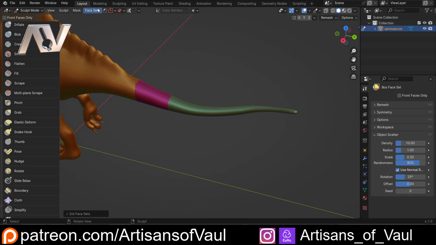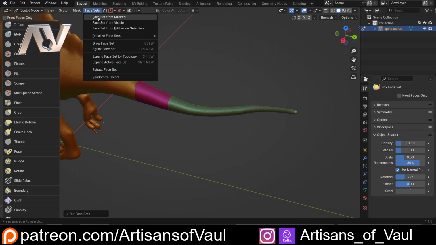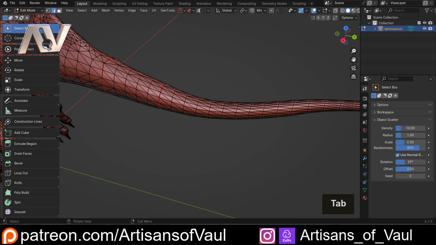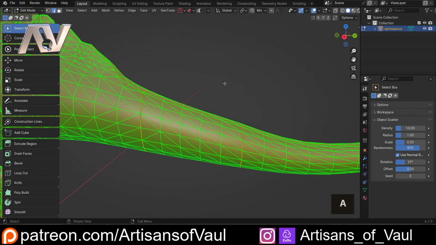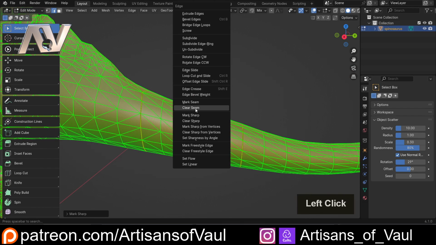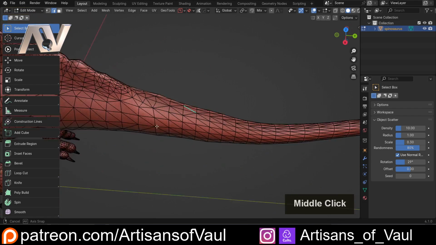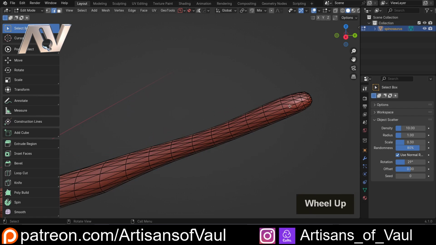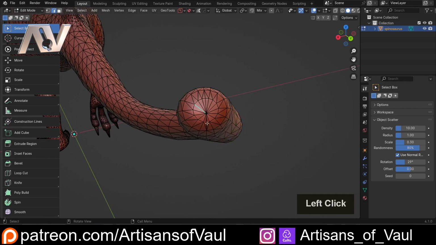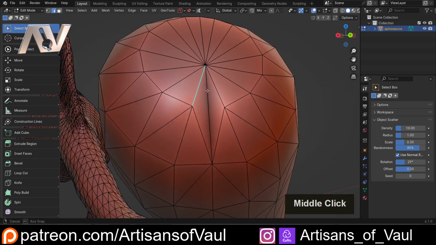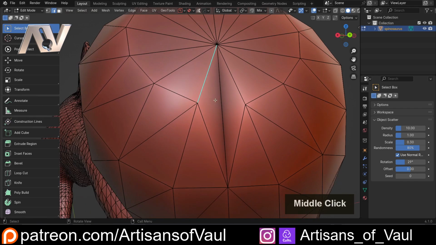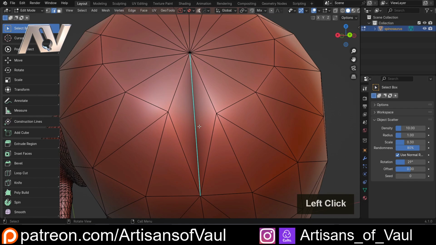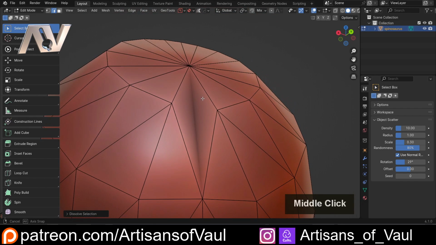So I'm just going to once again clear the Facesets, so Facesets from Visible, and because we've got these quite nice clear edges, I'm actually going to Control and E, and then I'm going to clear those seams so you can get rid of your seams if you want to start again. Because we've got these nice triangulated circles each time here going around, so there, and so on, and then at the end we've got a single point, though this could mess it up because it's ruining the geometry slightly, so we'll fix this quickly. I'm just going to go here and press Ctrl and X to dissolve that edge,